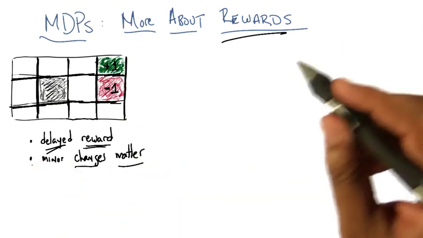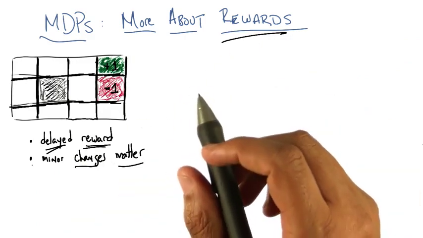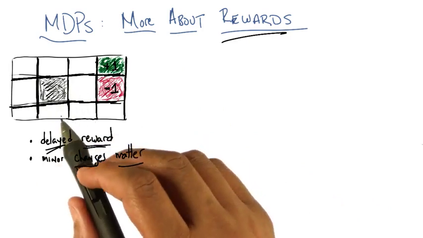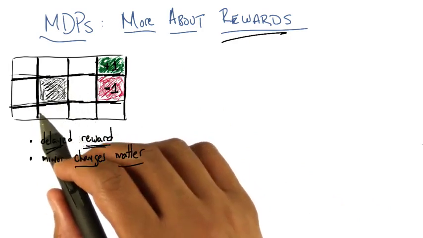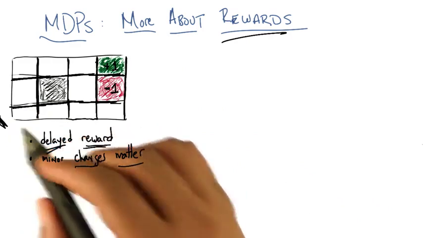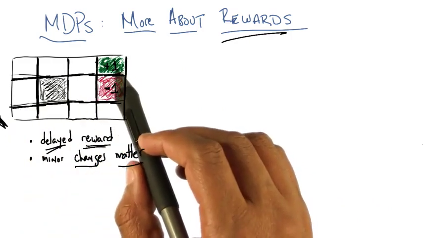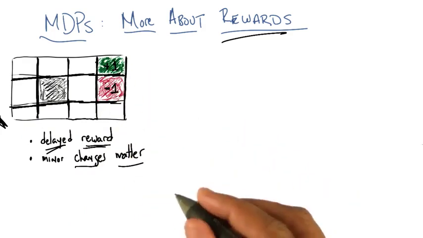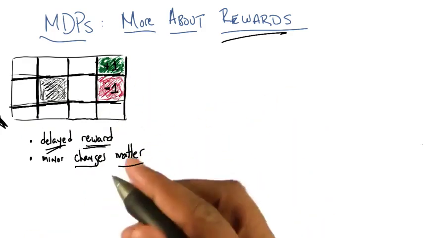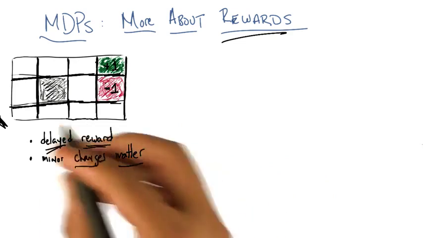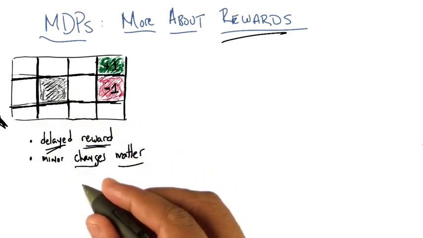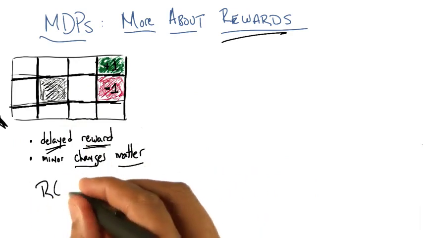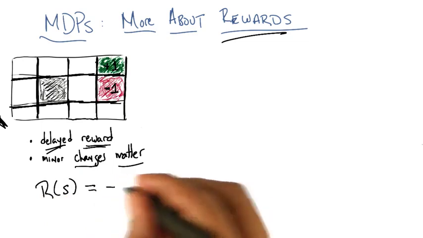What I want to do is focus a little bit more on rewards. And in particular, I want to look at the little grid world that we've been playing with so far and think about how we would learn how to get from our start state, which we always started over here, to one of the +1 or the -1, depending upon the kind of rewards that we see. So let's push on this rewards notion for a minute if we think about how MDPs are made up. And I'm just going to write down for you what the reward is for the states in this particular grid world. So let's say I'm going to set the rewards to be equal to minus